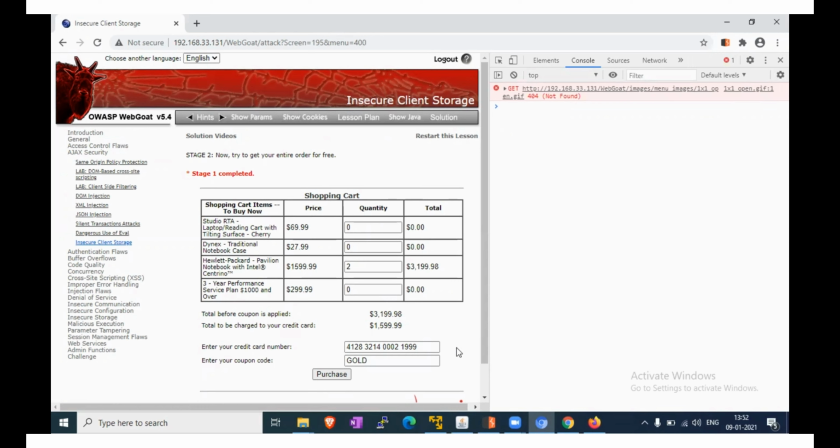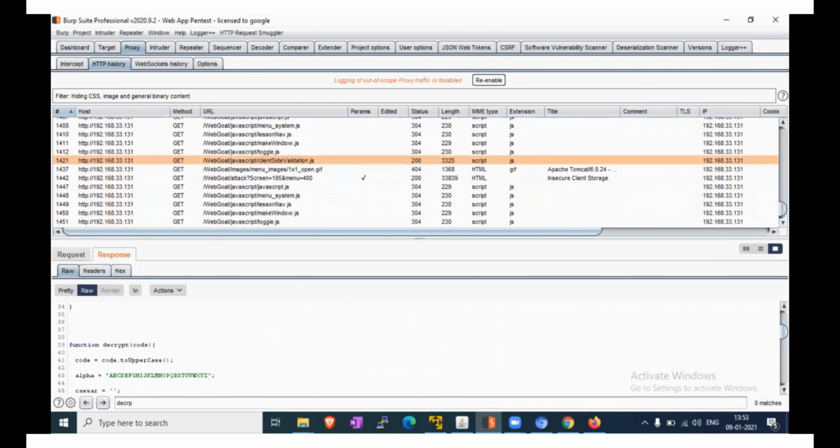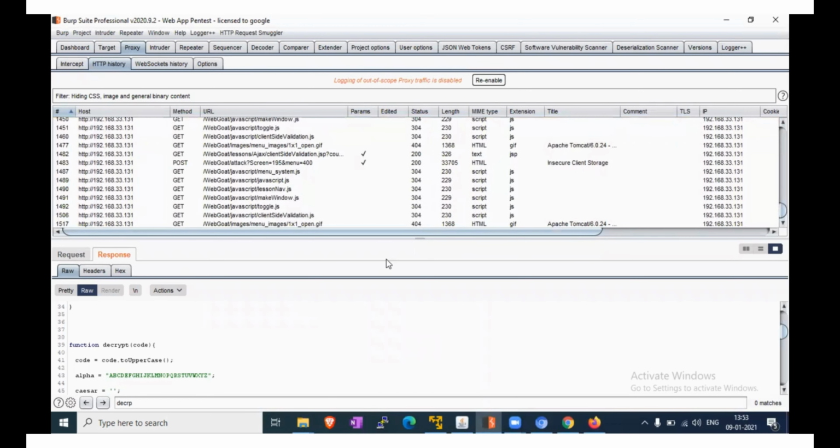Now we have to check that particular event. Purchase Clans Ideal Edition.